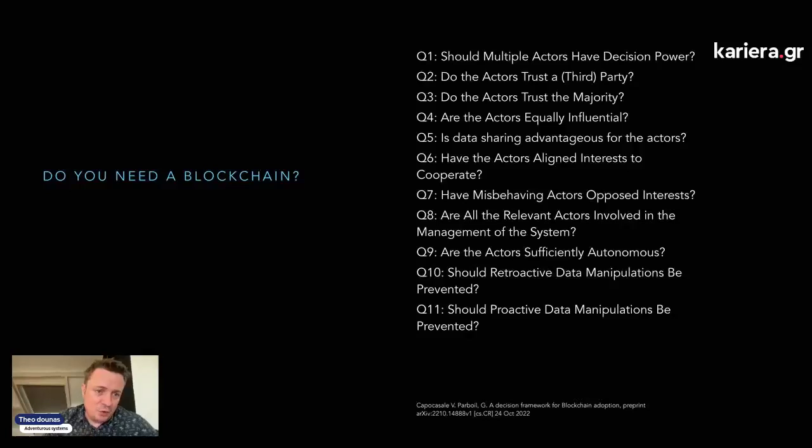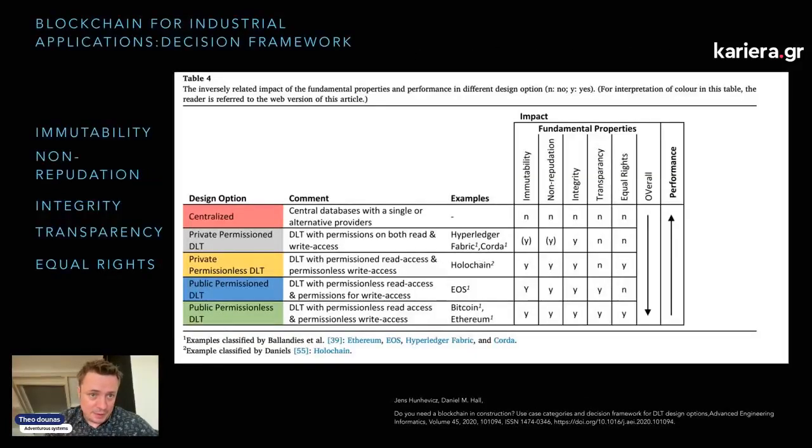Blockchains are really good for certain industrial problems, and these are the 11 questions that you need to respond to in order to understand whether any of the industrial ecosystems you're working with really need it or not. This can also be packaged in a much more robust framework, and here you see one that is mainly positioned towards construction. And I have to make absolutely certain that you understand that in certain cases, for example, where we're talking about